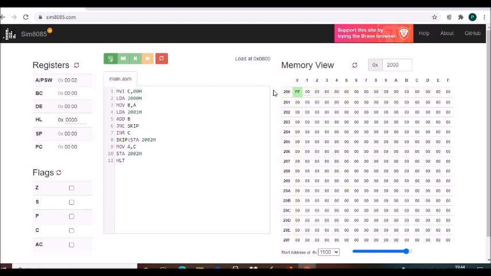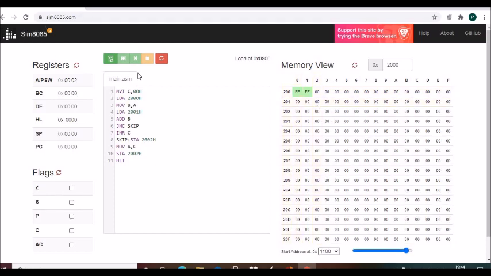That is the first data. And in 2001 I will load the second data, that is again FF. So after you load the data, what do you have to do? You have to compile and assemble. So your code has been compiled and loaded to memory location 0800. Now you need to execute it to see the results. By default, if you write any program, it will get loaded into memory location 0800.